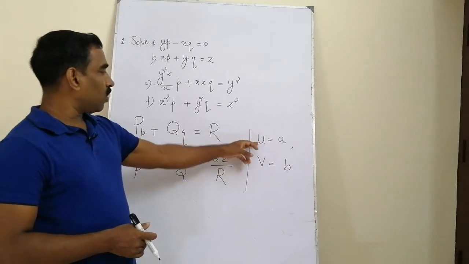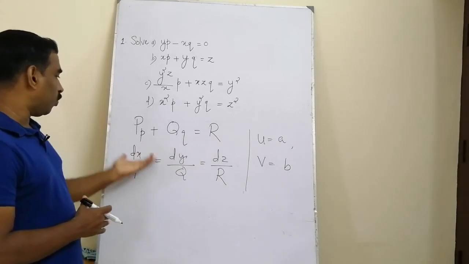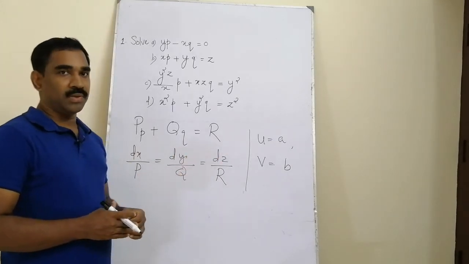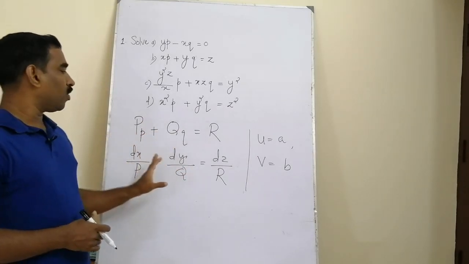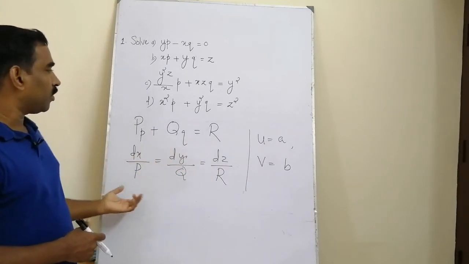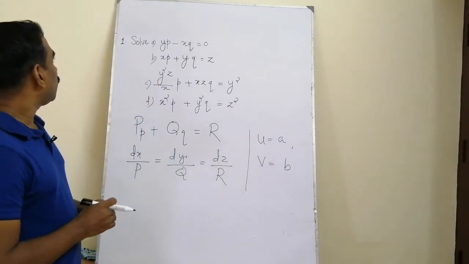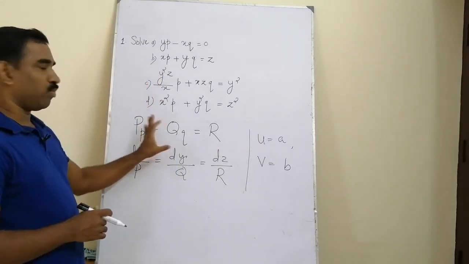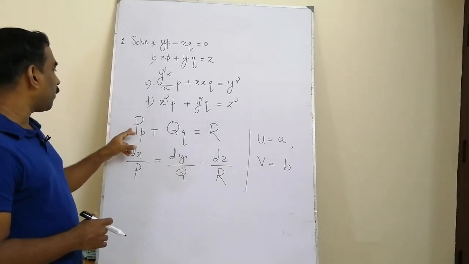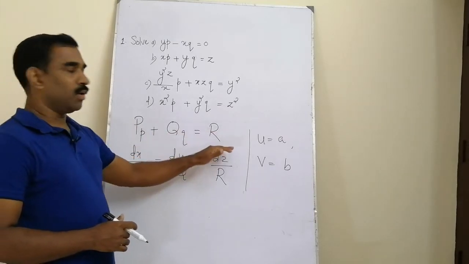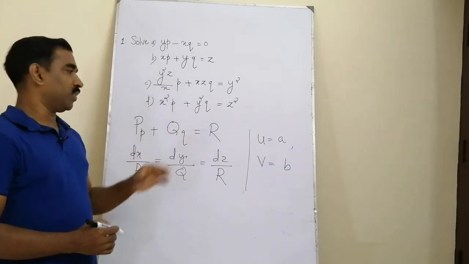And we can determine this u and v from the subsidiary equations by two methods. The first method, as we know, is the method of grouping, and the second method is the method of multipliers. And we can properly use the grouping method or the multiplier method or a combination of the two for the determination of the two functions u and v. So that is the Lagrange method of solving first order partial differential equations in a prescribed format. We can solve these type of problems, that means differential equations of the form capital P into p plus Q into q is equal to R, by using this subsidiary equation, and these equations are known as the Lagrange's first order differential equations.